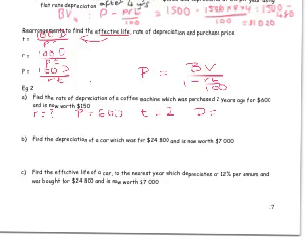Remember, depreciation is how much it cost originally minus its book value. So it's 600 minus 150, which gives us 450. So to work out R, we do 100 times the depreciation, which is 450, over 600 times 2,